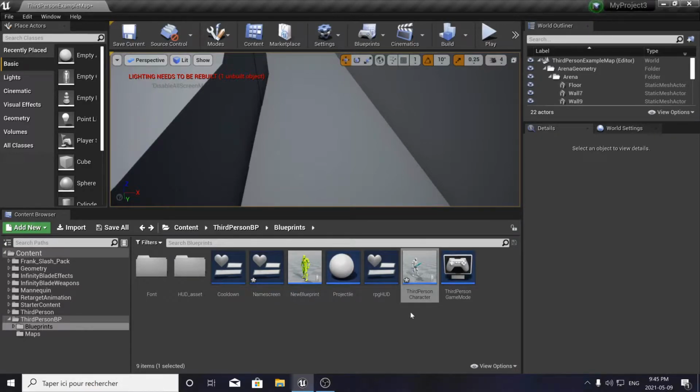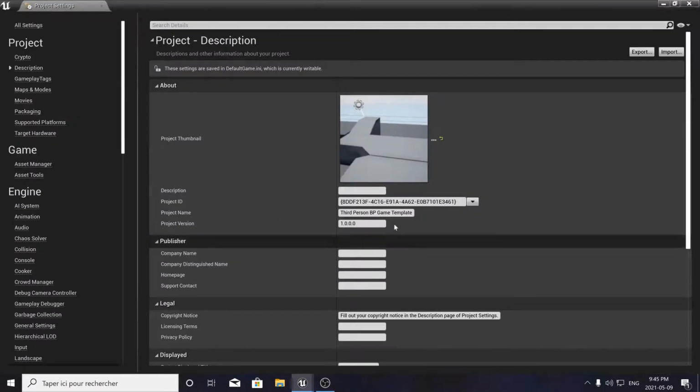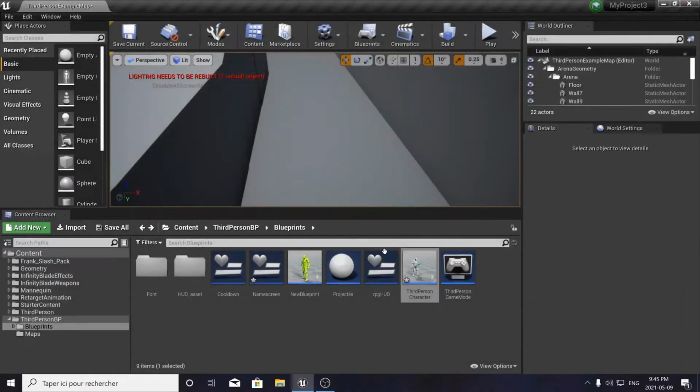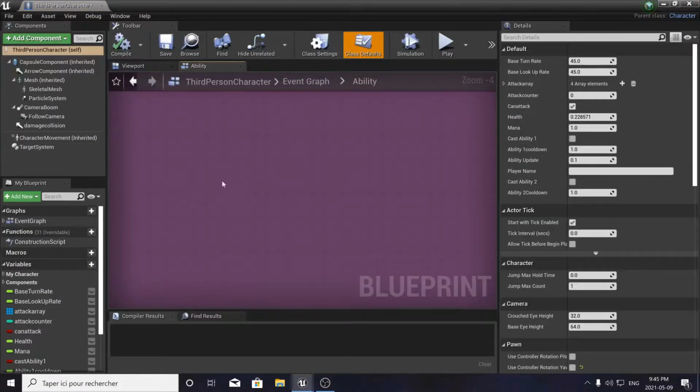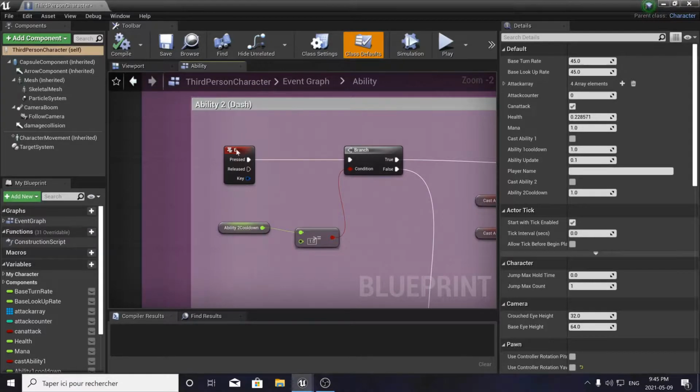The tutorial we're gonna do today is basically we're gonna still work on our ActionRPG. We're gonna work on another ability that's like a cloak. First thing we're gonna do is just to show you, because in our character blueprint, all of our ability